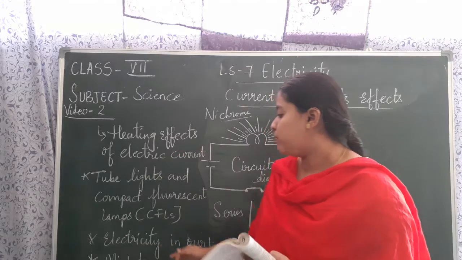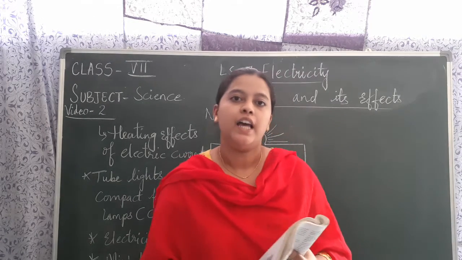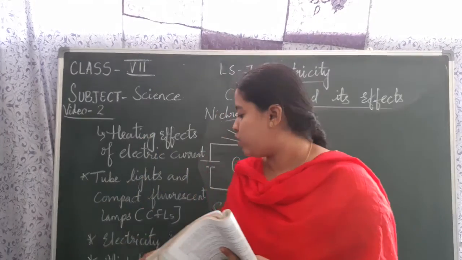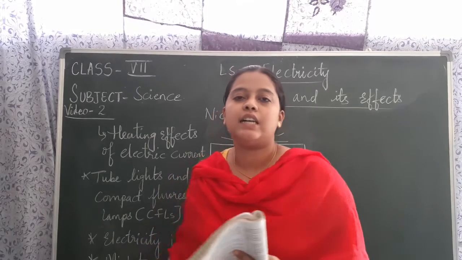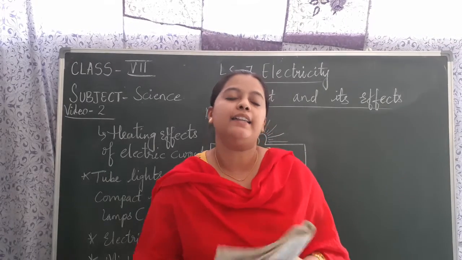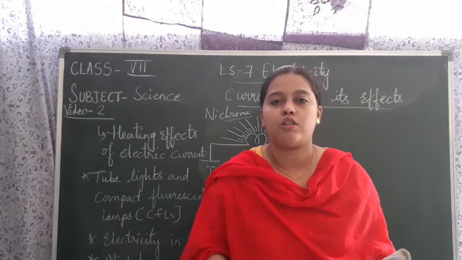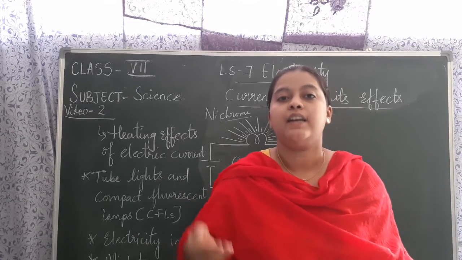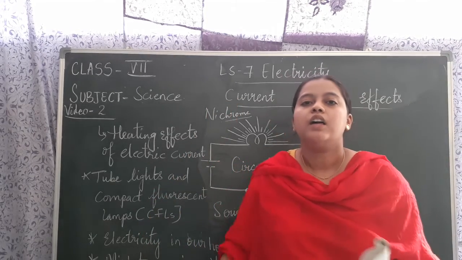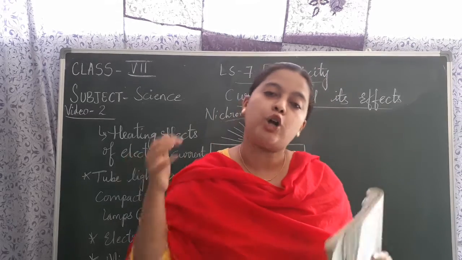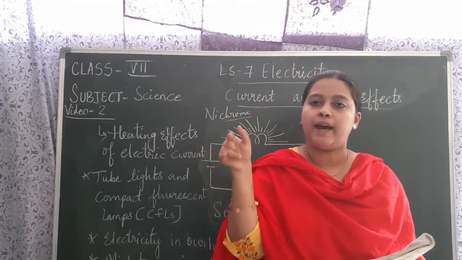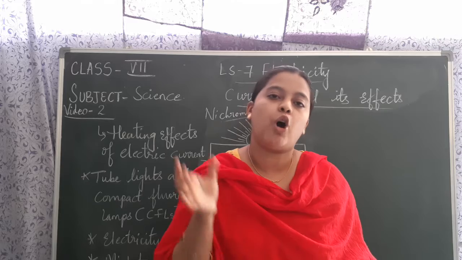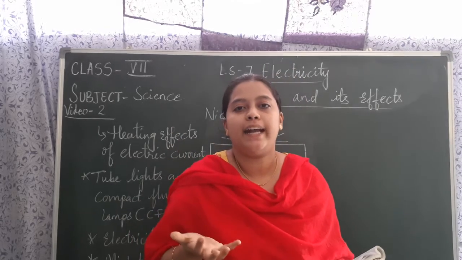Now next, coming to the miniature circuit breaker. In many houses, instead of using electric fuses, nowadays we are using miniature circuit breakers. This also works automatically. If there is a high voltage of current, automatically a switch in this breaker turns off. We do not have to go and turn it off; the switch is inserted in the breaker and turns off automatically because of the overheating or excess electricity.